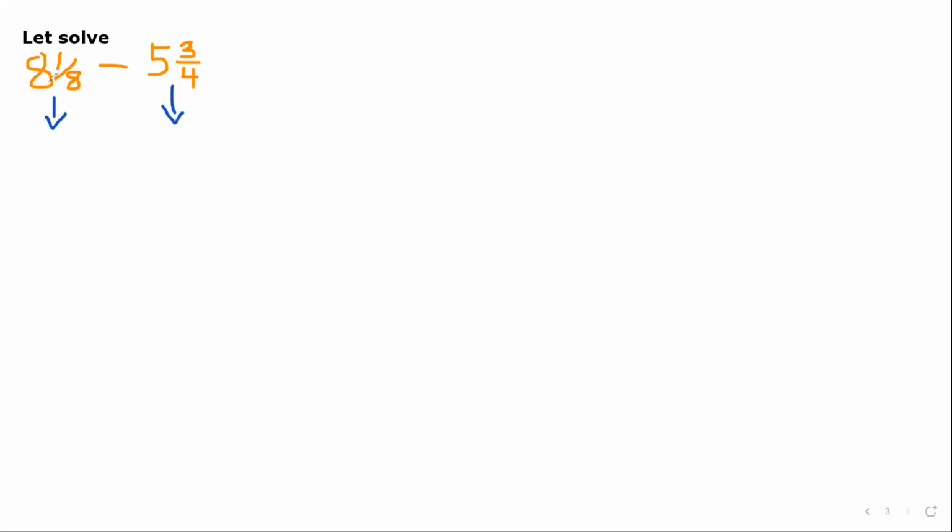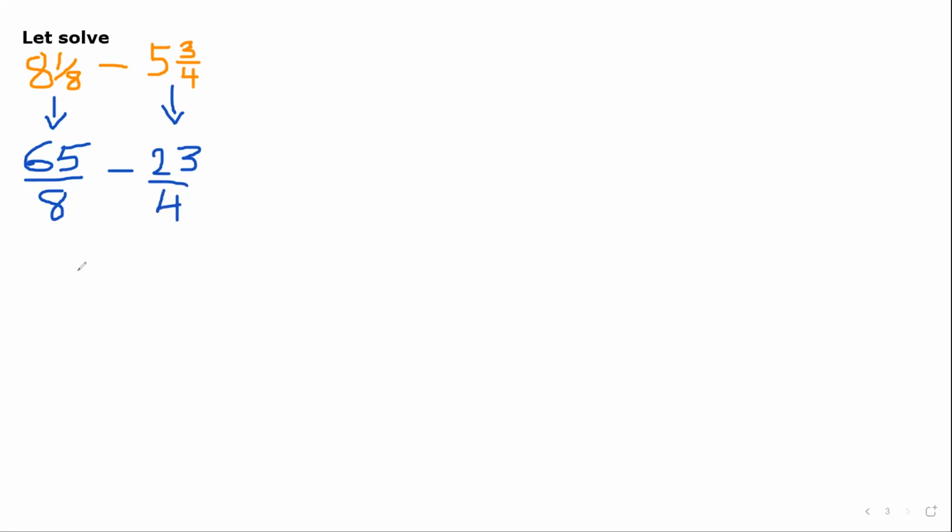So 8 times 8 plus 1 will be what? 8 times 8 is 64 plus 1, that will be 65. So here is 65 over 8, okay? Minus 4 times 5 is 20, that plus 3, 23 over 4, okay? Then